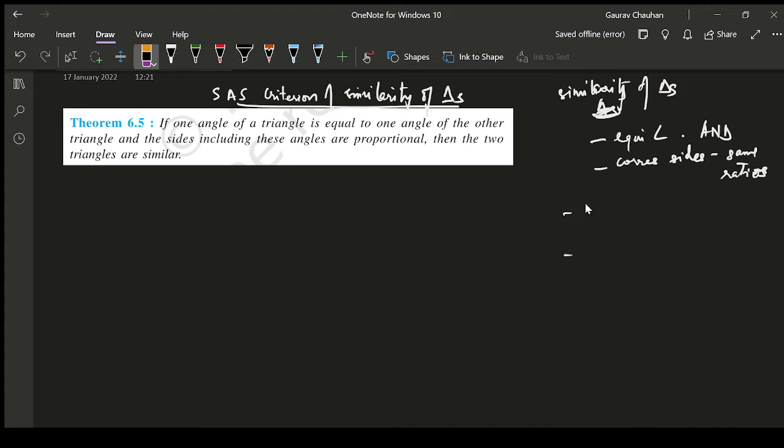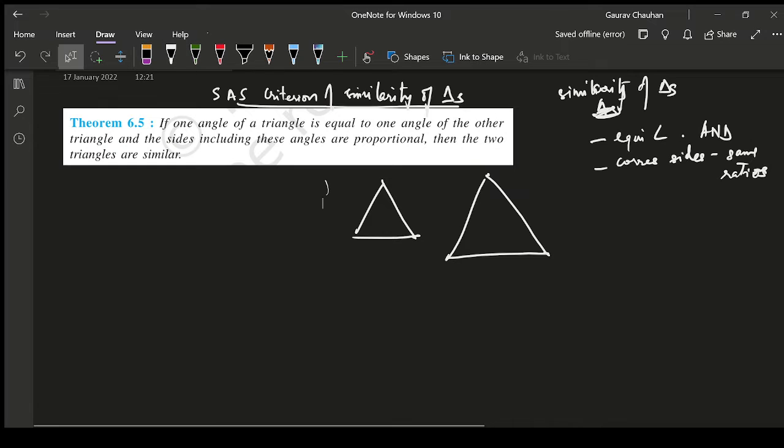Basically, what we are trying to prove is that if we have information about two sides, and we know that those two sides are proportional, all right, and we also know that the third thing, that's the angle in between them, is equal. We know that, say, let me label these. If we know that in triangles ABC and DEF, we have AB proportional to DE and AC proportional to DF.